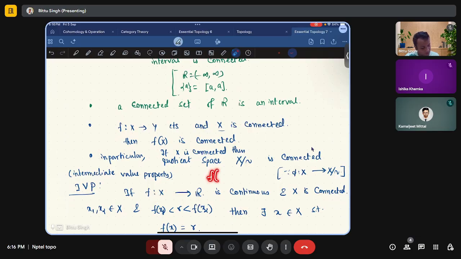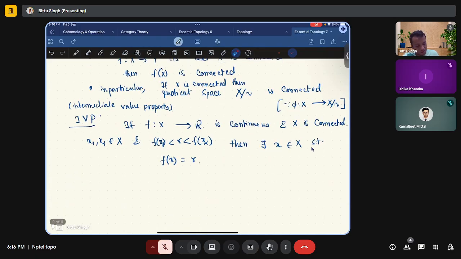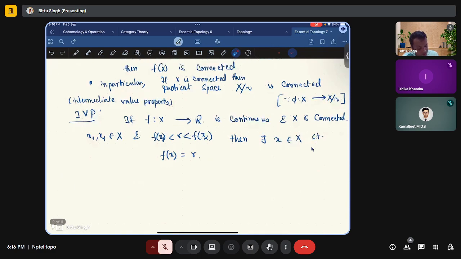So f(X), this image set, will be connected in R, right? But we also know that a connected set of real numbers is always an interval, right? So interval means if something belongs to this, f(x1) and f(x2),